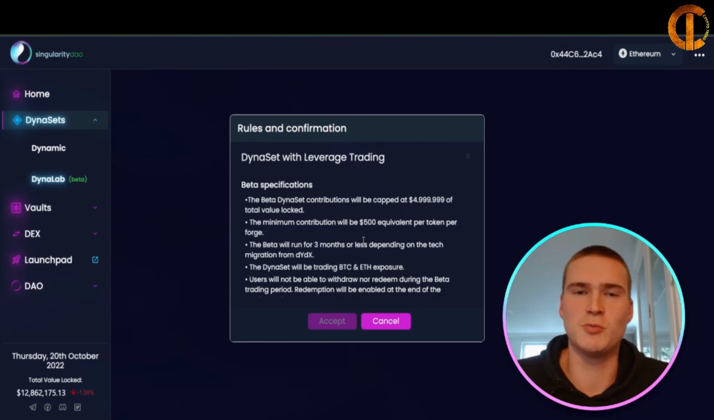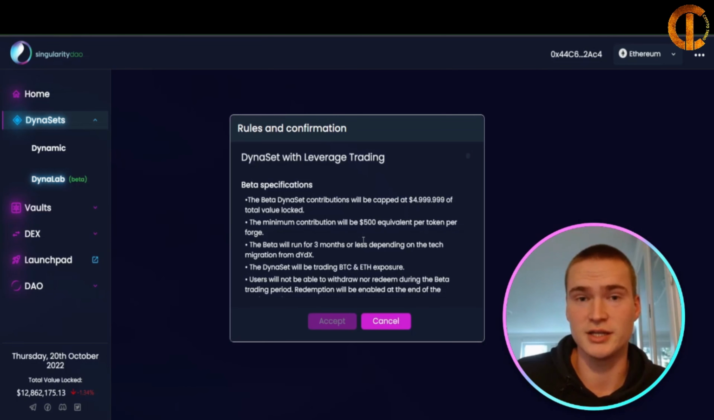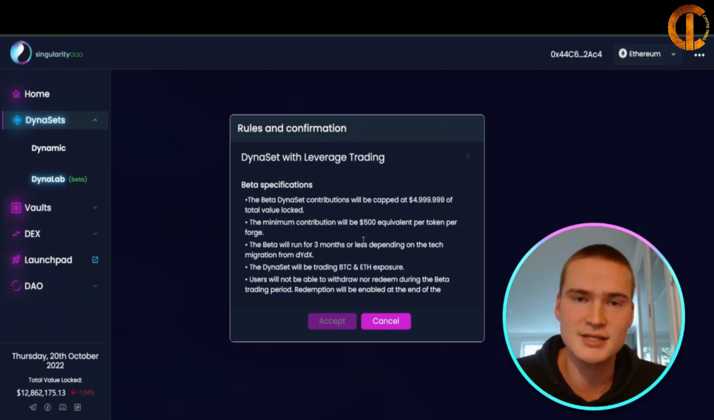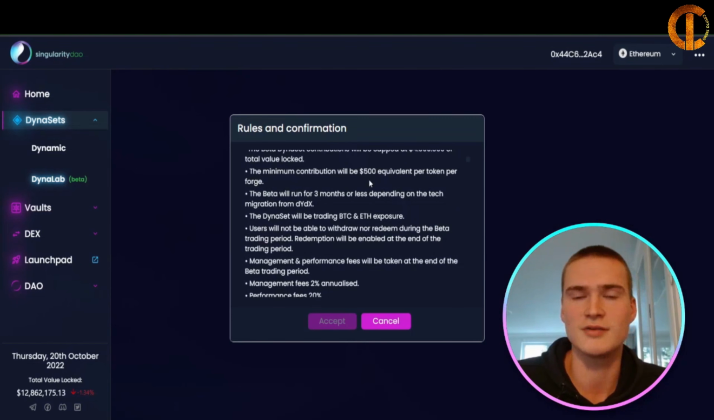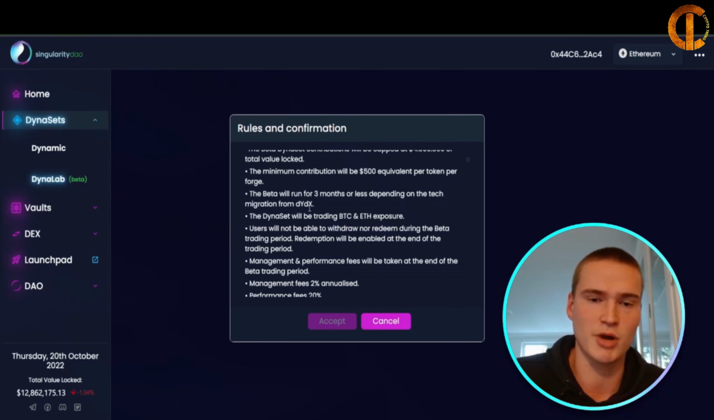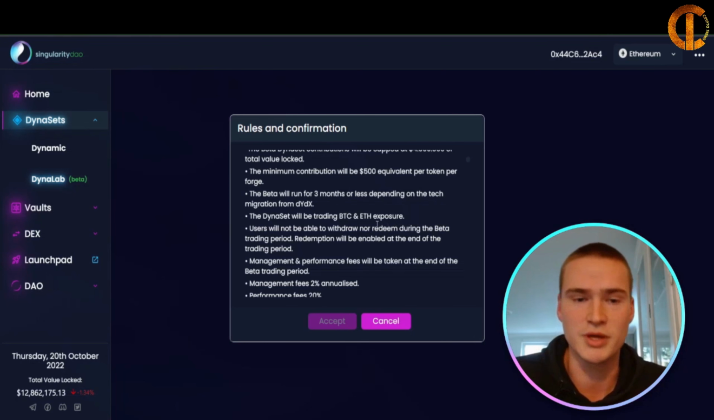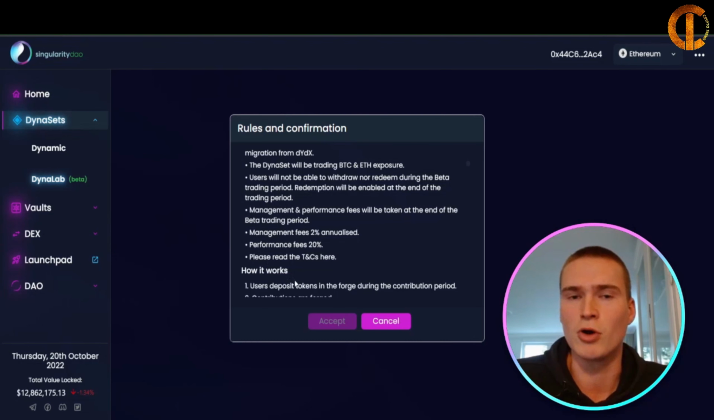So some of the things you might want to know before investing in the DYDX DynaSet, which I would definitely recommend you to check out, by the way, is that the contributions will be capped at 5 million. You have to invest at least $500 equivalent for the token. The beta will, as I said, run for 3 months depending on the tech migration from DYDX, if it will be there or not. It will be trading BTC and Ethereum exposure and more, which you can all check out